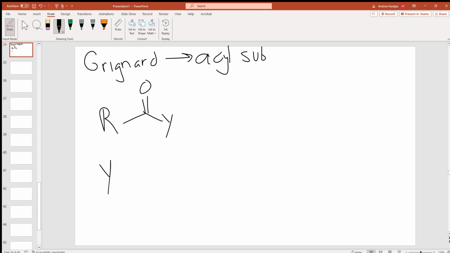So our Y here could be a chlorine. We said it could be the carbonyl group, which means we have an anhydride, or it could be an ester. And this is a basic two-step reaction where if we add a Grignard,